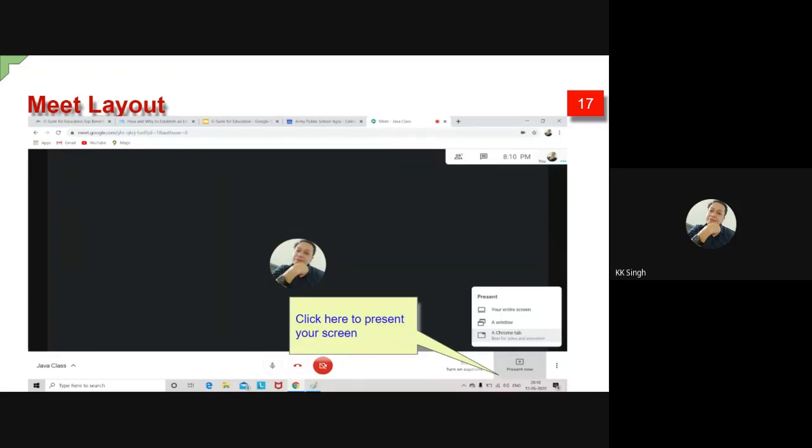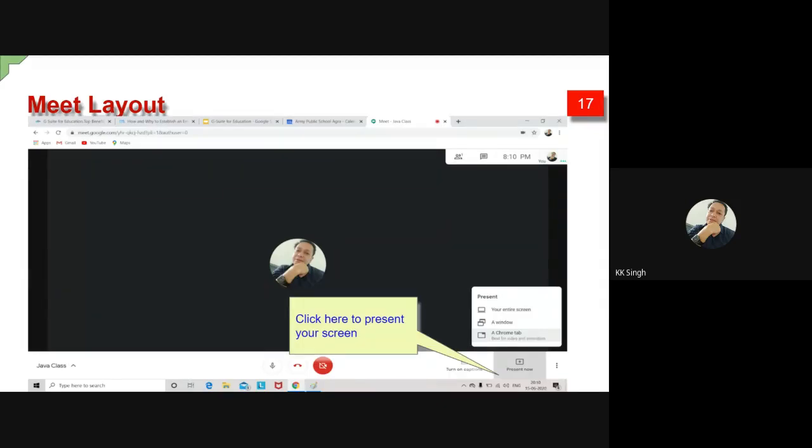This problem you will have to face if you have not created the event. This kind of problem you will face. So there are three ways to share your screen. If you want to share through the entire screen, you can choose the entire screen.